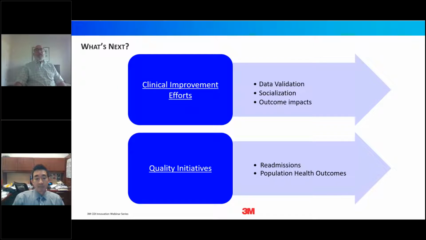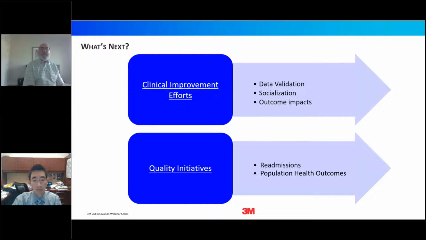Okay. So for us, some of the things that we're continuing to work on is our data validation, and socializing our actual efforts, because I think that's been a big thing for me in the last few meetings where we've developed some slides similar to the one I showed early on around what is a documentation review? What does that mean? Who are the people looking at your documentation? How many times? Why are they writing queries? And then all the work that goes on behind the scenes with second level reviews,